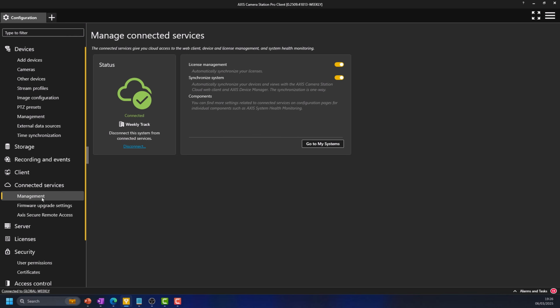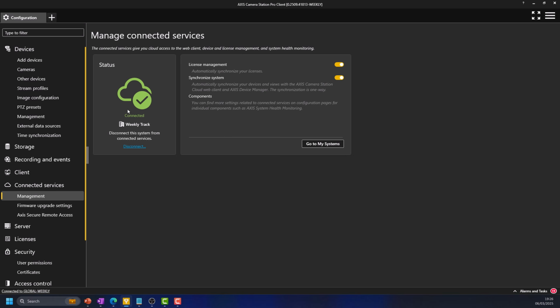You only need to connect ACS Camera Station Pro to connected services, and Secure Remote Access version 2 will be enabled automatically. Administrators, integrators, or installers simply need to complete this step once. From there, remote access can be shared with others by inviting users into the organization, assigning roles, and granting site-specific access as needed. So let's now go through the process of inviting a user to log in to a server